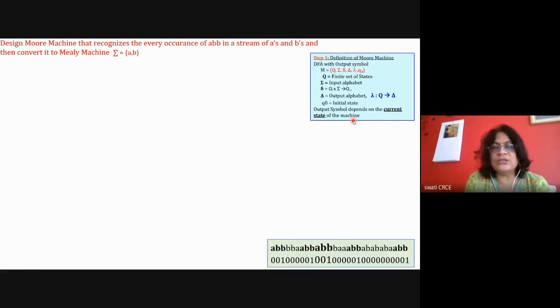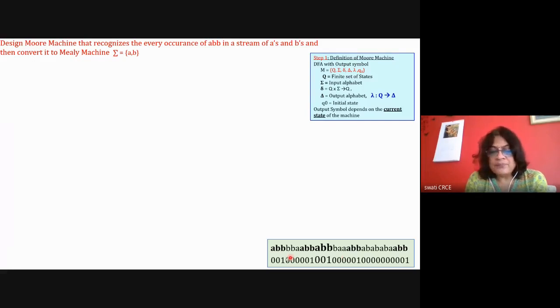I have to do some calculation in rough. So this is my calculation in rough. I'll say that I have a string which is a combination of A's and B's, like A A B B, then B B A B B A B B. Like this, I have some combination of A's and B's that is input to my machine. If this is the input to my machine, what should be the output?